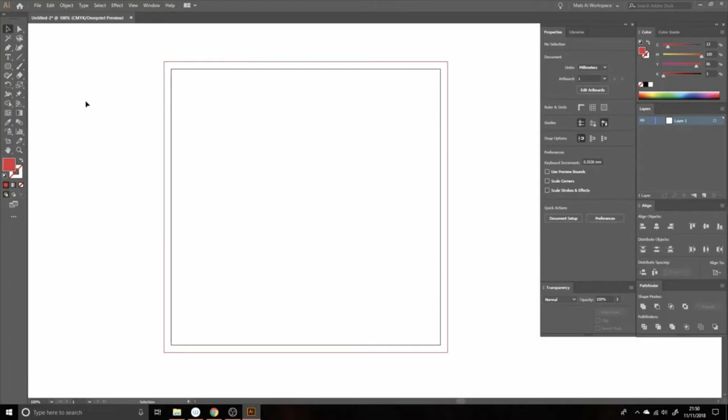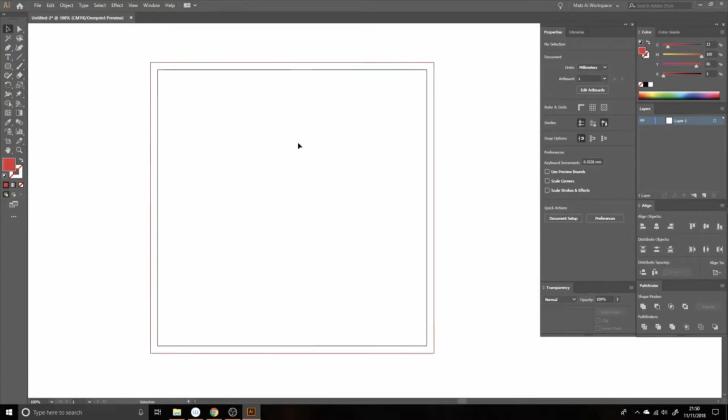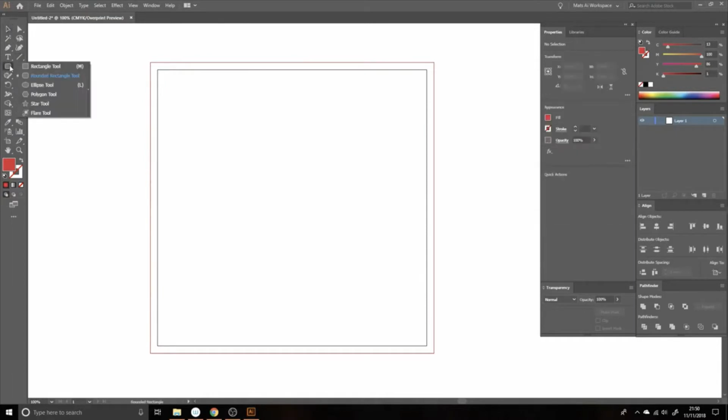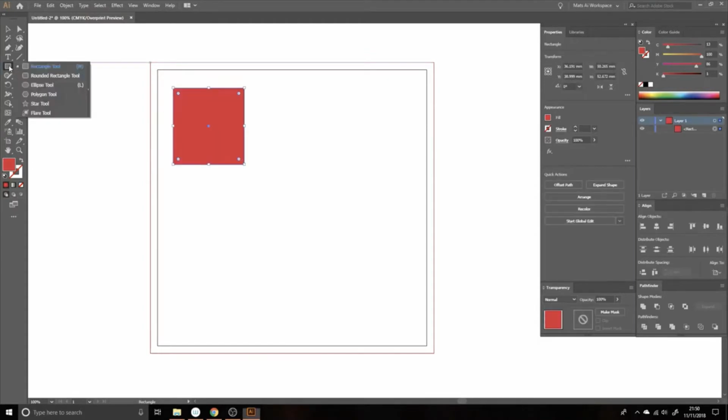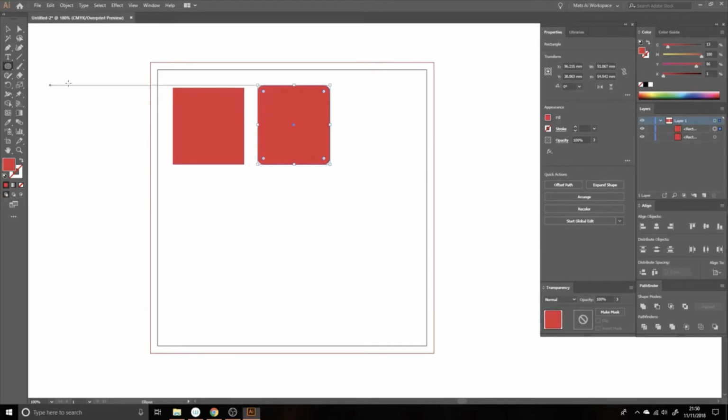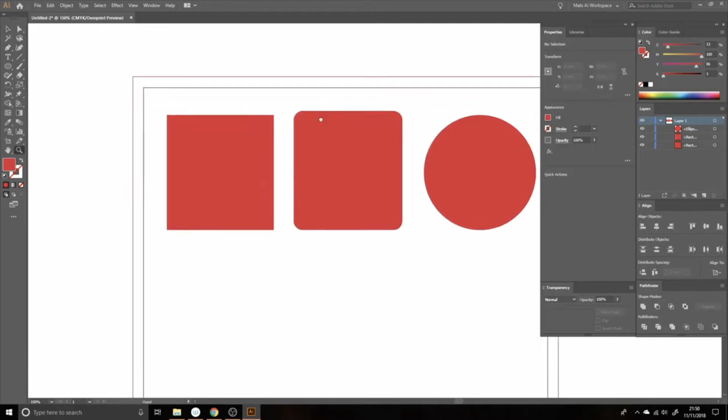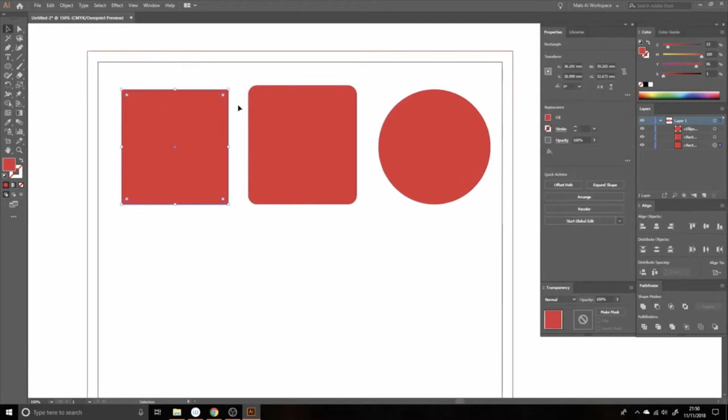This is just a quick video on making some basic shapes in Illustrator. So we're just going to look at this button here. If you click and hold, you get a whole bunch of shapes in here. So you've got squares, squares with rounded edges, circles. I just wanted to go over some basic how to manipulate the shapes and how to get them to do